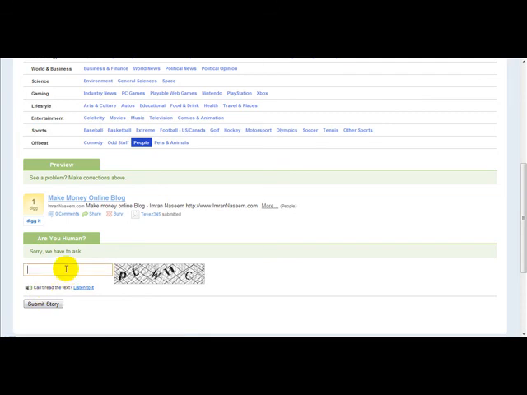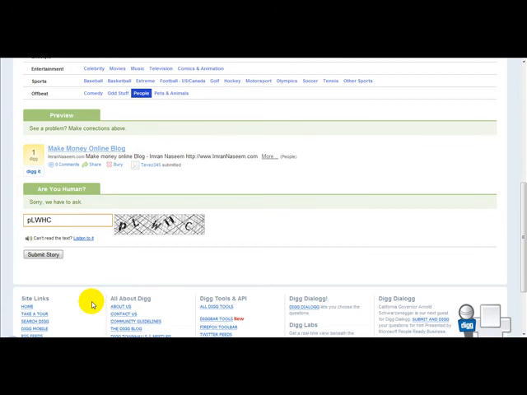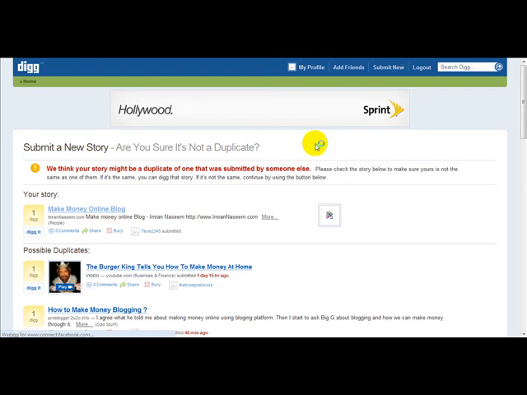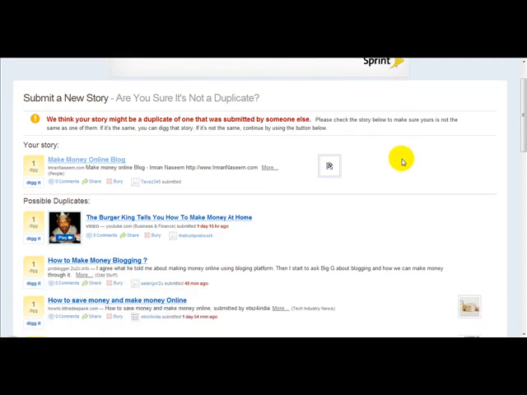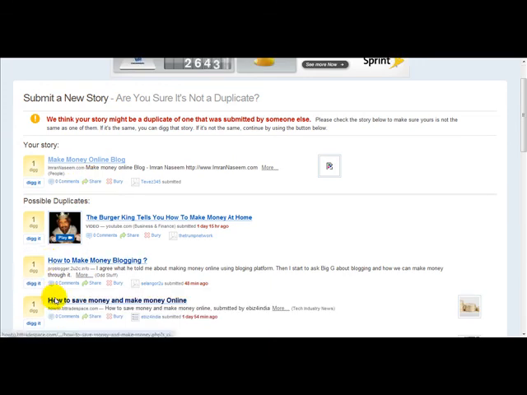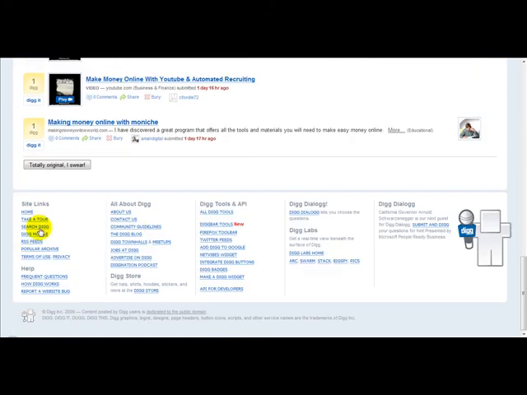Once you've done that, you just simply need to enter the captcha information here, and then you just simply need to click Submit Story. And what then Digg does, again, it checks for any duplicates. If it doesn't find any duplicates, you simply click. Okay, it actually recommends any duplicate articles, but we don't want to go into that. We just want to say that your work is totally original, and you just click the relevant link,